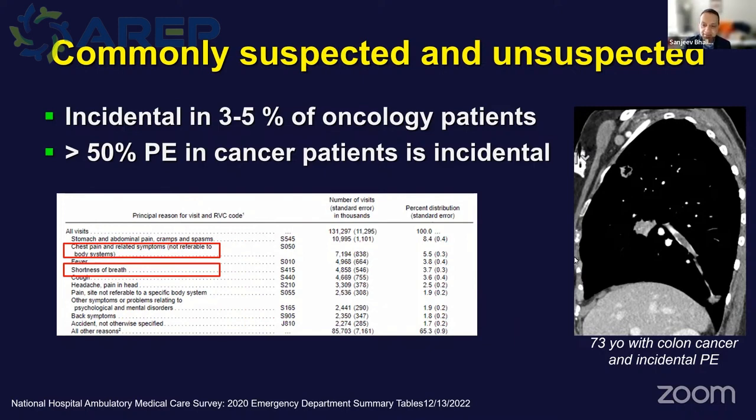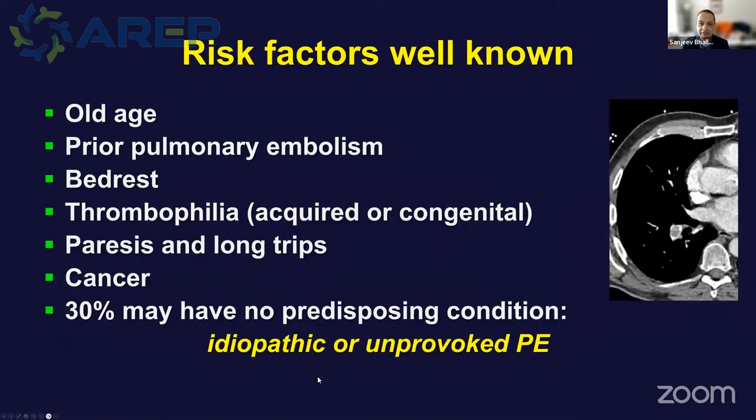This is a statistic from the CDC in the United States. They publish every year causes for emergency department visits, and you'll notice that the most common causes of emergency department visits in the United States include chest pain and shortness of breath, two symptoms that are very commonly associated with pulmonary embolism. And I think we all are aware of the various risk factors, including old age, prior pulmonary embolism,